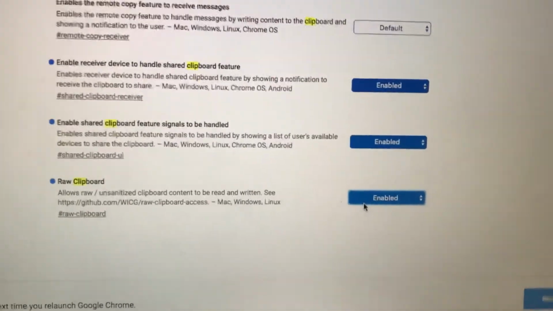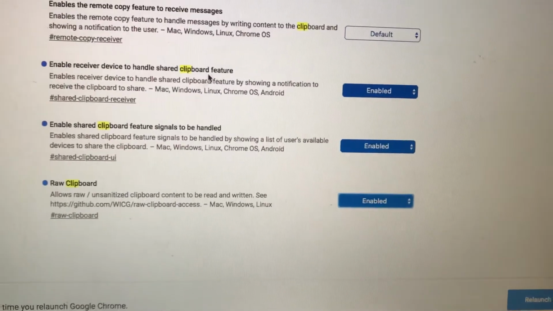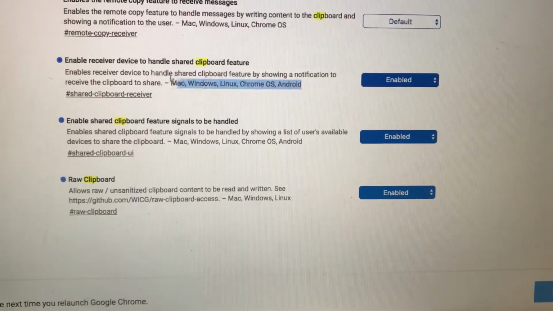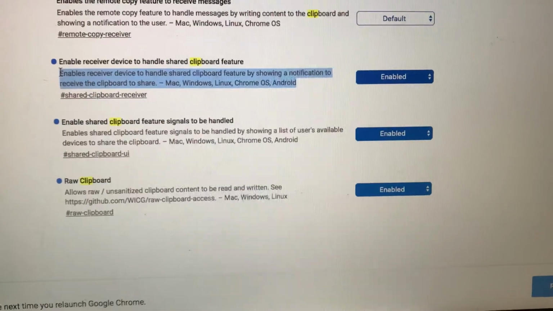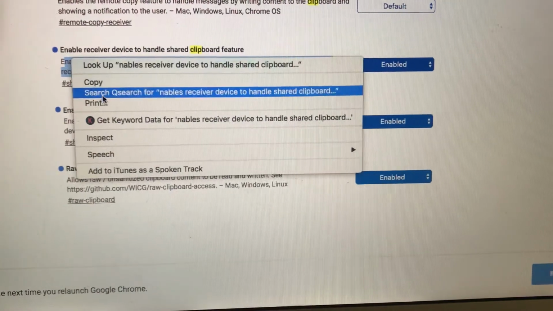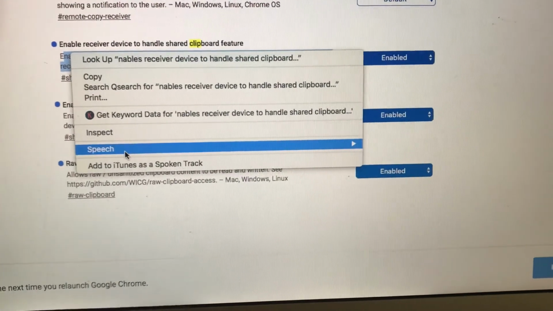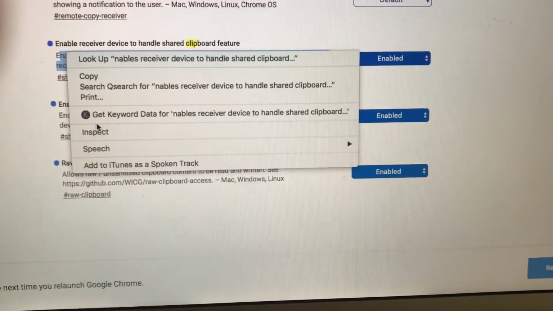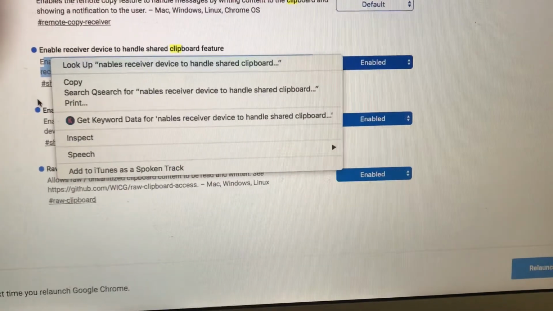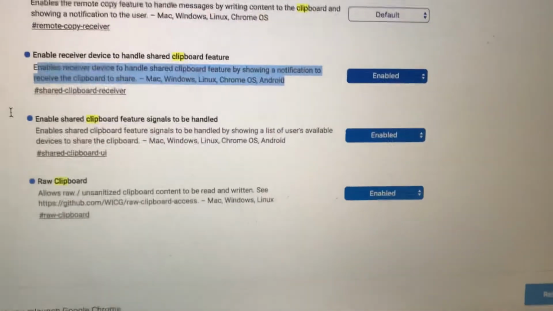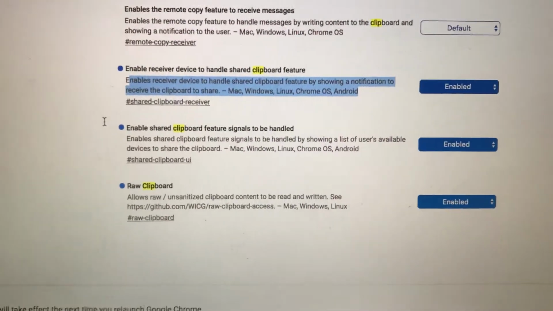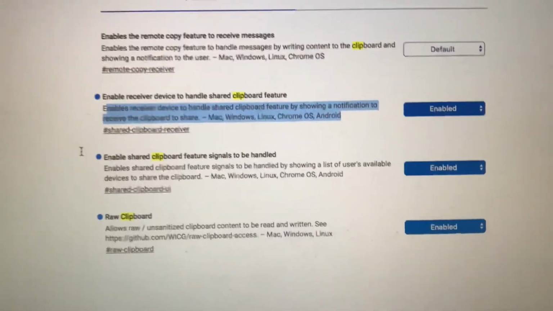So after you do it, you need to select some text, for example this one, and just right click on it, go to options, so you may need to restart your Google Chrome, and here you will see an option to send this to shared devices, and you can also send this text to your mobile phone